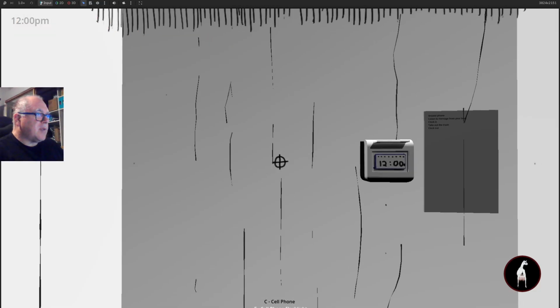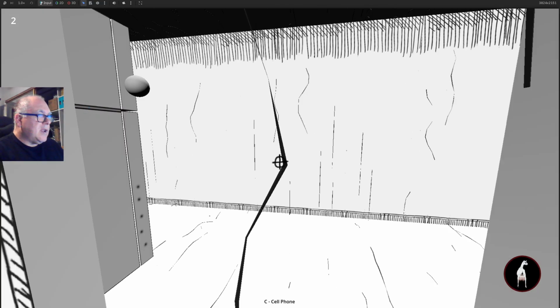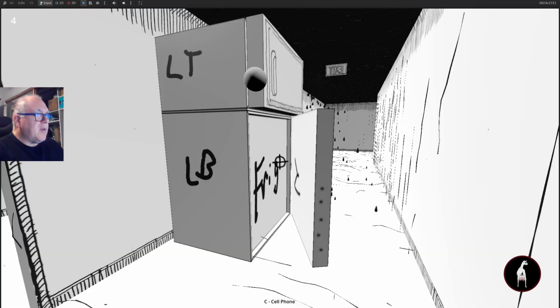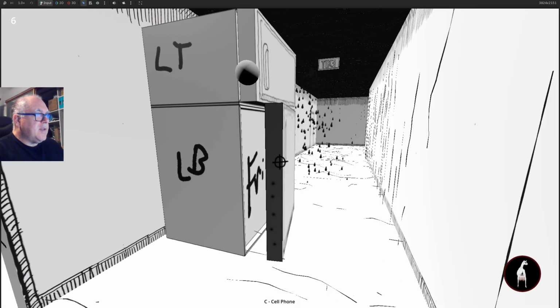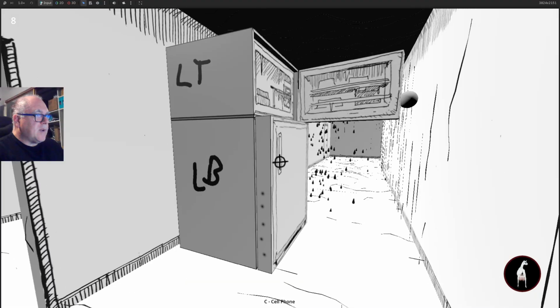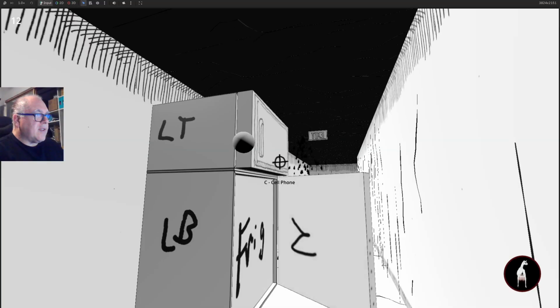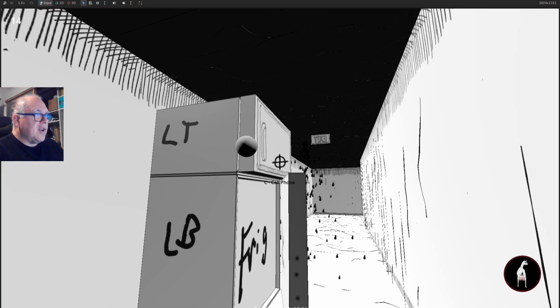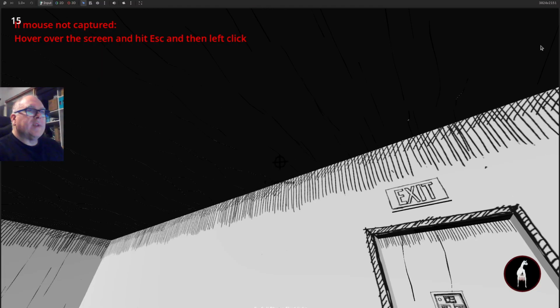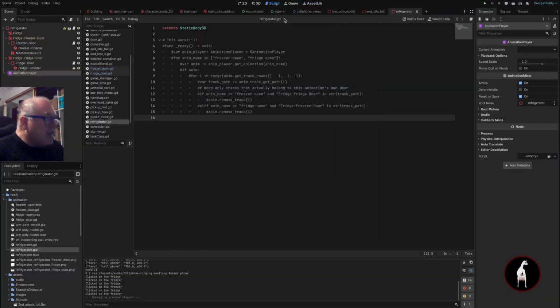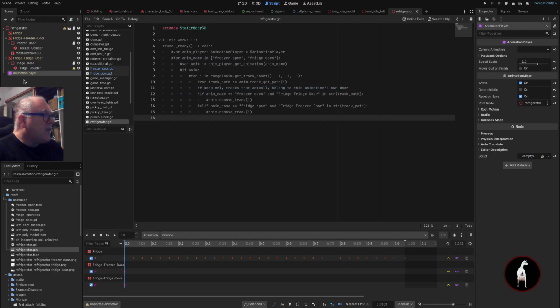Or it's not going to work the way I wanted it to. So when I go to open the door, yeah, it opens and closes, but if I open this door, it closes this door, and vice versa. And so you get all this, they're interfering with each other. And so what's going on that I discovered is if you click on the animation player,